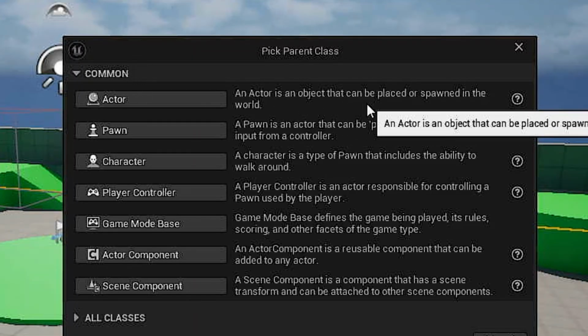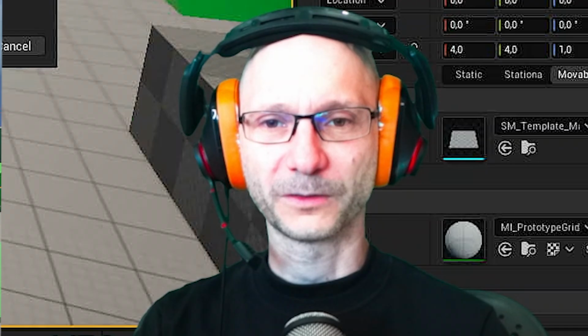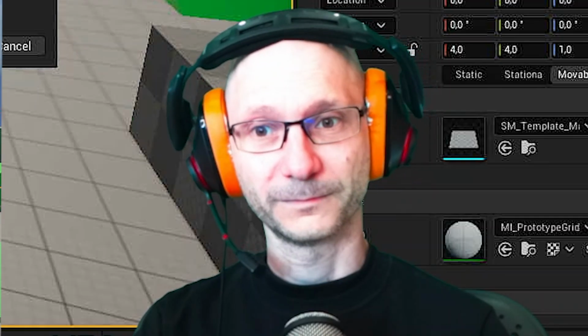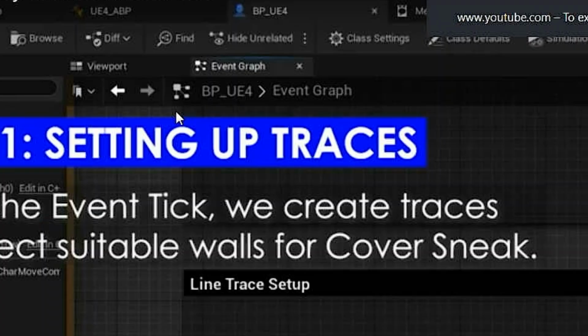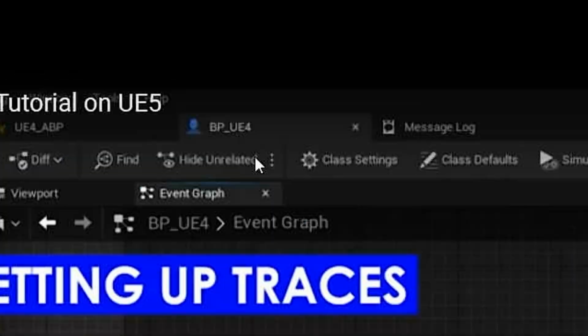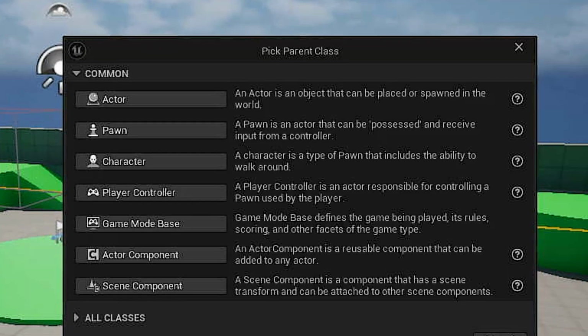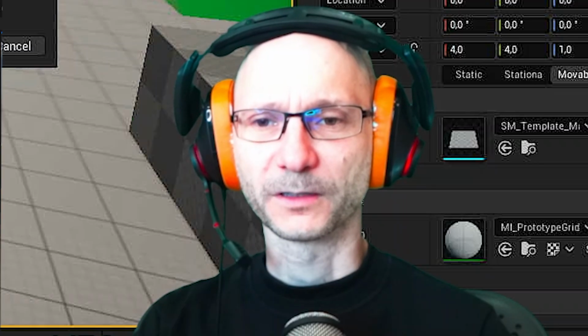An actor is an object that can be placed or spawned in the world. Oh, it's an actor, just judging based on the icon. Or maybe it's a character?